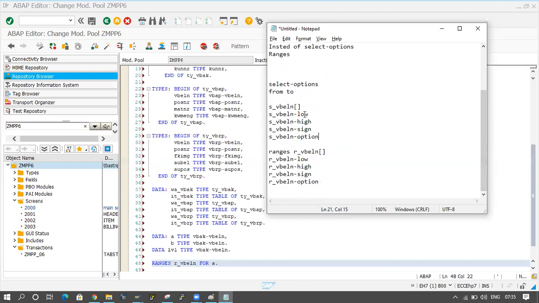It will contain 4 fields: sign, option, low, high. The same way ranges also, but it won't display the from and to input fields. In the backend it will create one internal table and one work area by the name of the ranges only, with high, sign, option. The same way. Fine.